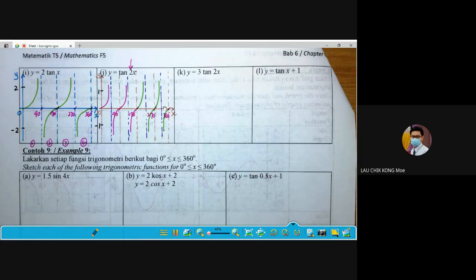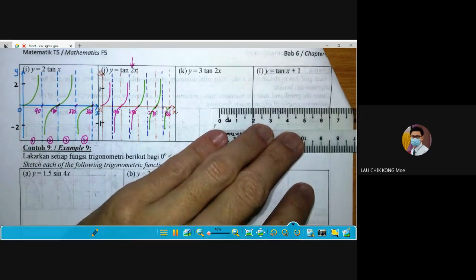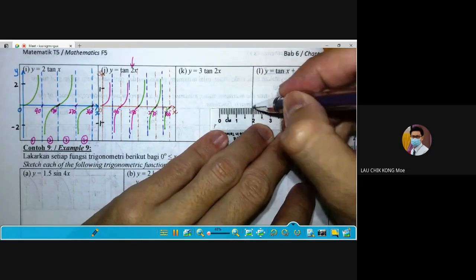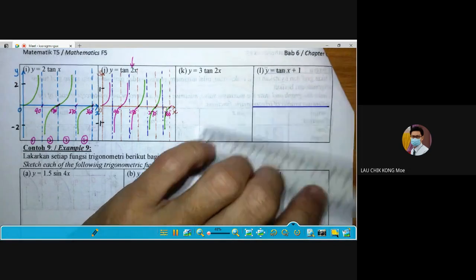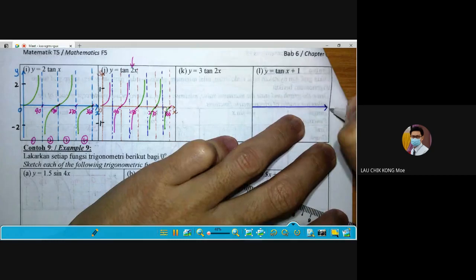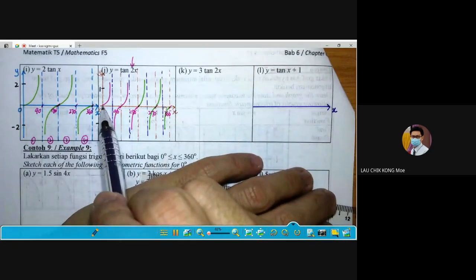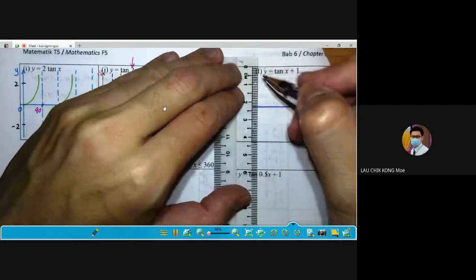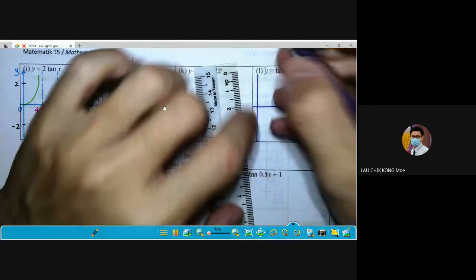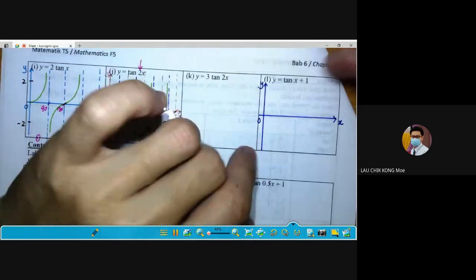So next we go to L. K itu awak cuba nanti ya. Okay, L. Okay, is one period. Okay, but positive one. Positive one means dia anjak satu ke atas. Anjak satu di sini hanya nilai zero we have, right? The else we don't have. Okay, so kita tengok bagaimana kita nak buat ini. Okay, first of all, sama we have a y-axis and x-axis and then zero in the middle.